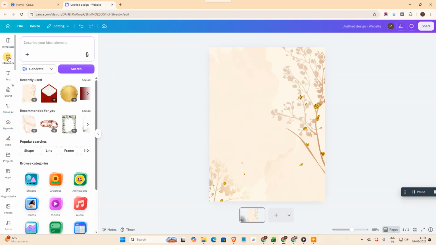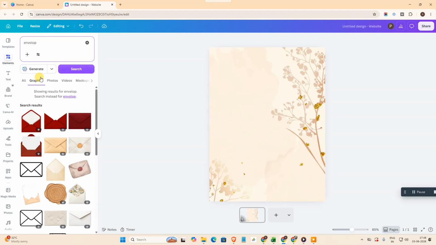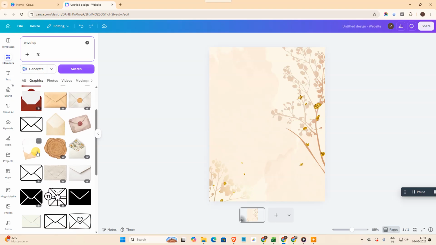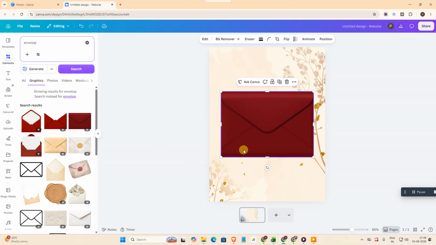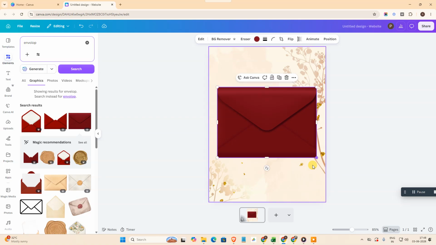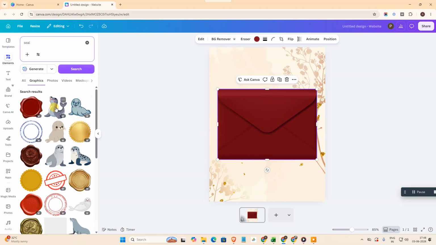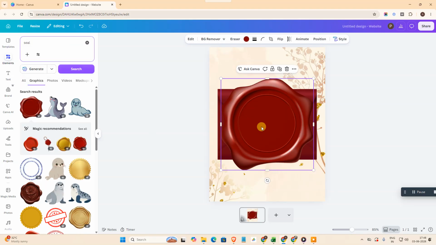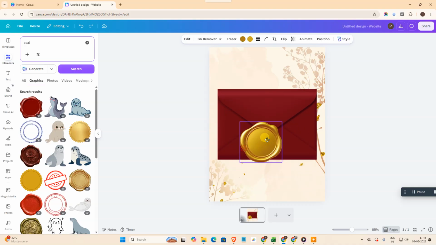Now here come to the elements and search for envelopes. So here we have the envelopes. Come to the graphics. Okay, come to the graphics, and we need two types of envelopes, which is first is open envelopes and close envelopes. So first we need that close envelope. Okay, like this. You can also put that envelope seal. Okay, I choose this one and put on this,